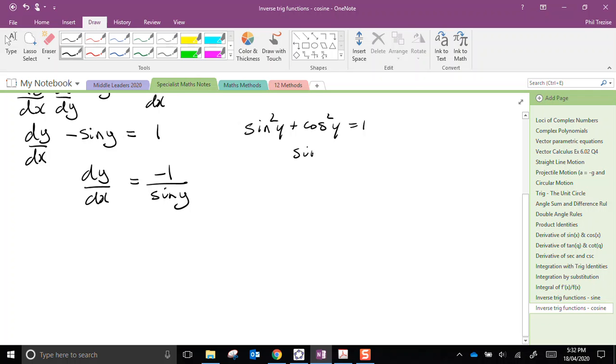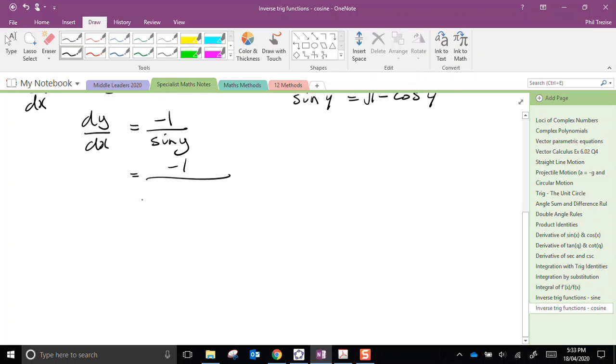So sine squared y is 1 minus cosine squared y, and if I take the square root of both sides, then I have a replacement for sine of y. This is -1 over the square root of 1 minus